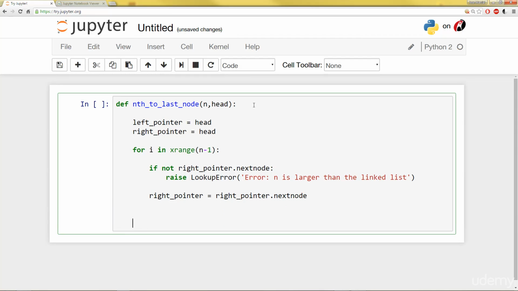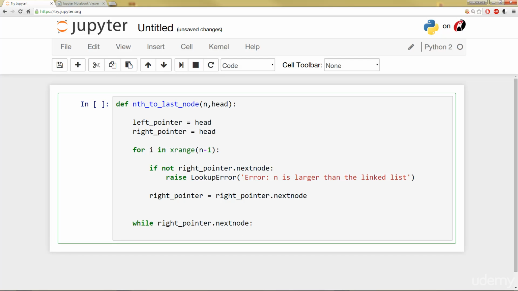Okay, essentially that block and the left and right pointer are now set up. The left one starts at the head, and the right pointer has now moved n nodes away from the head. And we're going to move that block, those two pairs of pointers, left pointer and right pointer, down the linked list. We're going to use a while loop to do this. I'm going to say while right underscore pointer dot next node, which essentially means while it hasn't reached the end,